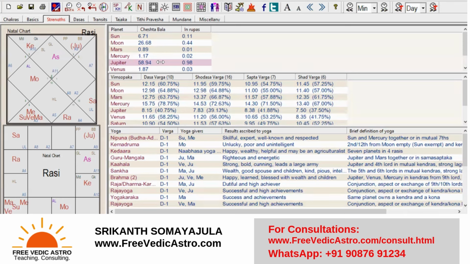Okay. Got it, sir. The magnitude of the result will be very high because the Cheshtabala is high. Because Ravi, the Sun, must have told the planet, look, this is the karma of the fellow, you have to punish him, and went back to the other side. Now Jupiter has got that result. And when Jupiter delivers a bad result with a high Cheshtabala, let's suppose 60, it is going to give you a severe result.